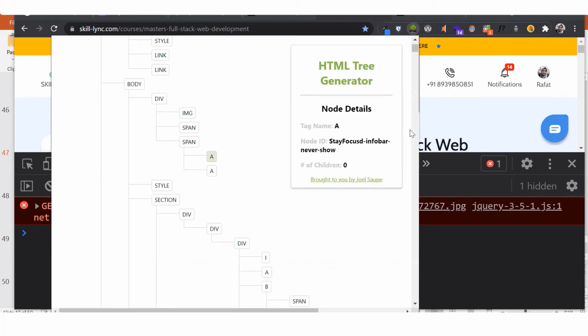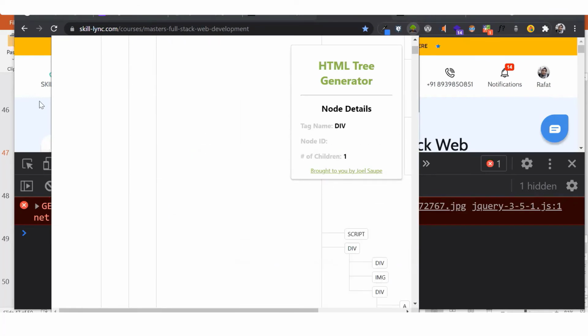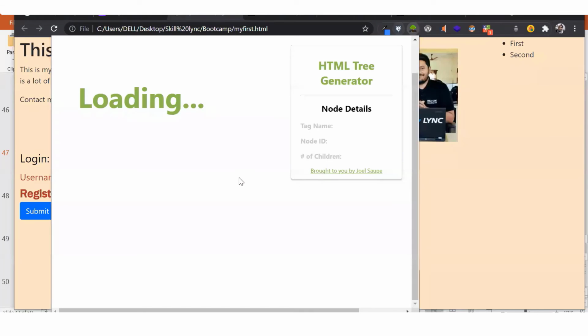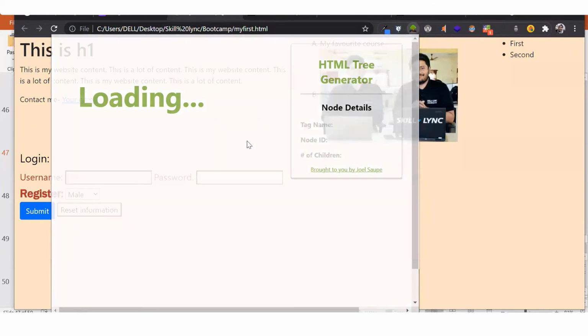The details of these anchor tags you can also find over here. So this is how your entire tree would get generated for your web page. Let's try this again. Probably it's not happening because this page is a local page, but try to install this tree generator and you will be able to use it.